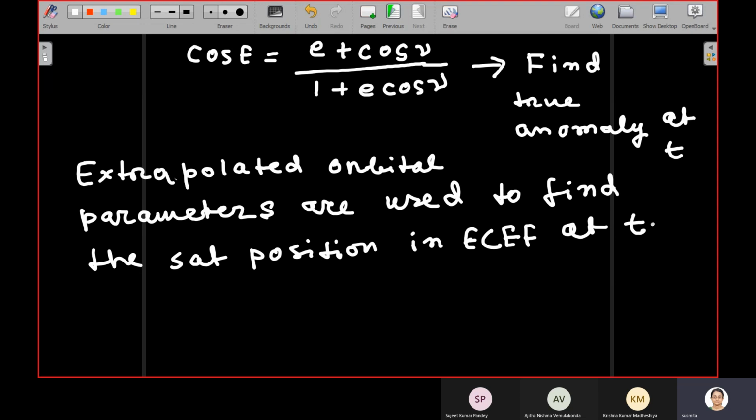We will not get into that algorithm, but just note that there is an algorithm. If you know it from some other class, it's fine. There is a standard algorithm, and it's not very difficult, which does this easily. So we're basically going from one frame to another. We can take the orbit as a frame. We can define x and y axes in the orbital plane, and then from there we just need to go to the ECEF frame. Any question?